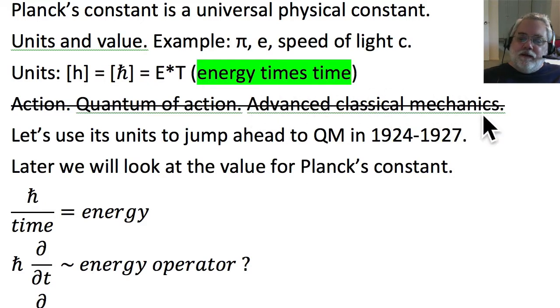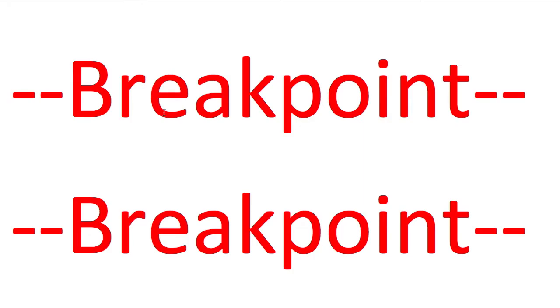So there are things that advanced classical mechanics is good for, but in most branches of physics, you can be a PhD physicist, expert in your field, and not have to care about advanced classical mechanics, so you never took it. It was an elective. Okay? So, we are not going to call it quantum of action. If you run across a book that calls it the quantum of action, you're going to turn up your nose and say, "You bastard, you're calling it quantum of action, but you're not explaining what that means. I hate you, you suck." Okay. This is a possible time to take a break.